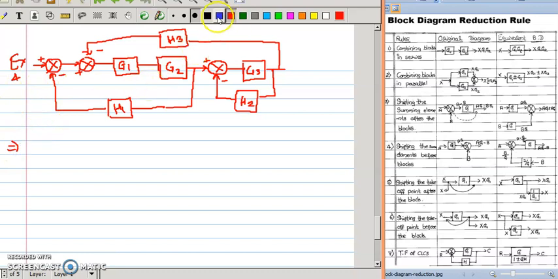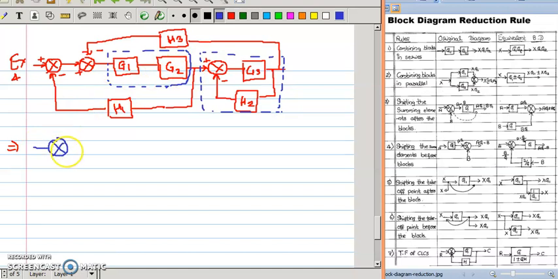See what to do to solve this. For every example there are common formulas we use. First one is the series formula, second one is the parallel formula, third one is elimination of feedback. These three formulas we use regularly, right? In the first step only, can we use G1 and G2 as in series, to reduce to a single block? And again there is one more formula in between. Can we use elimination of feedback element, rule number 7? So both formulas we use in a single step only.